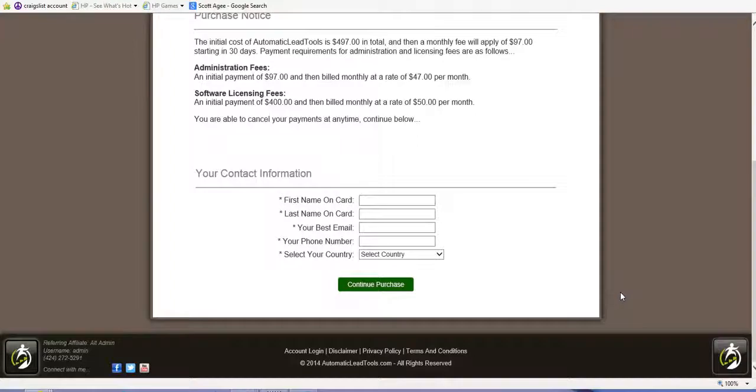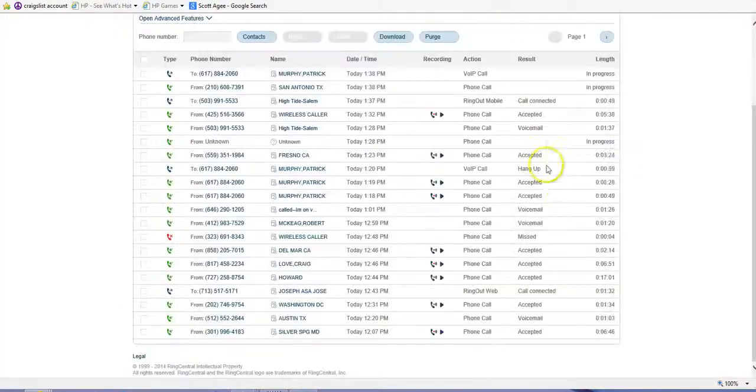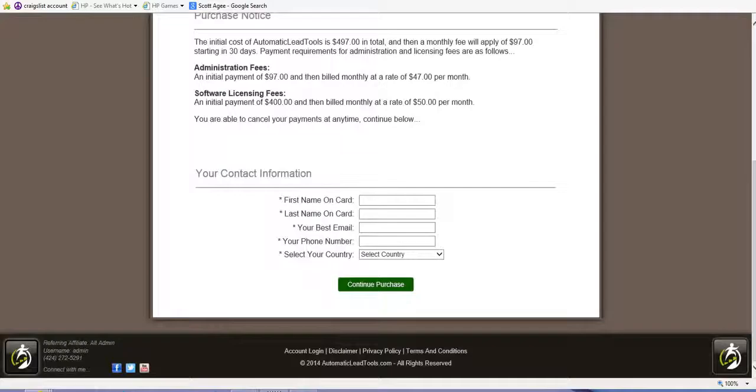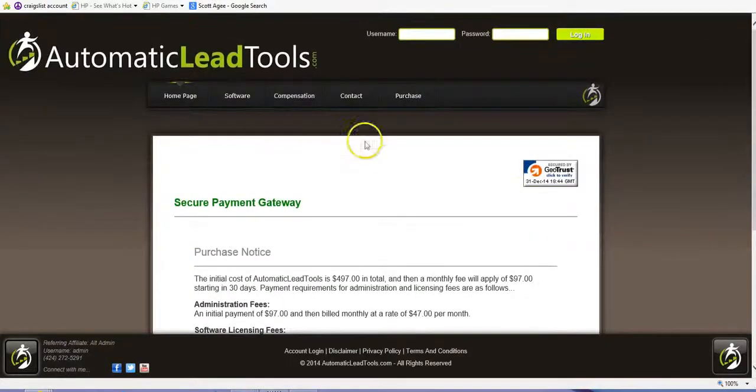All right, so what happens when you sign up? Well, when you get done making your payments of $497, you're then ready to get started. You'll then get a welcome email from us at ALT, and you'll have instructions on getting started with the call center. You'll be able to start taking calls, like I said, today, all right, and or tomorrow, whenever you're comfortable. If you're comfortable today. If you're not, we can wait till tomorrow. But we want to get you started. We want to get you taking calls, and as I showed you on our call log, right, we have more calls than we can answer. And we need someone that can take these calls that wants to make some money. And I think that's you.